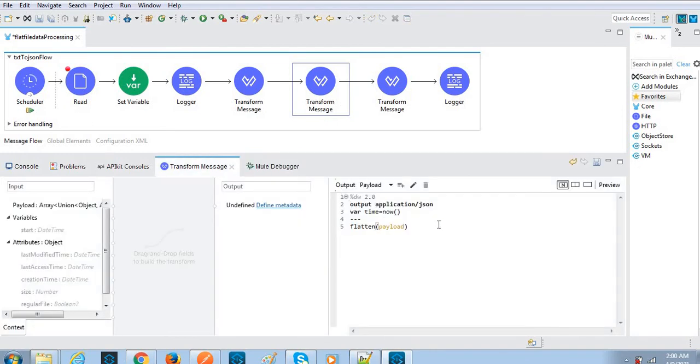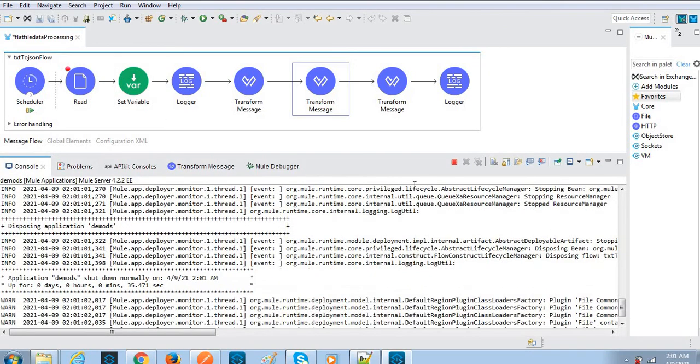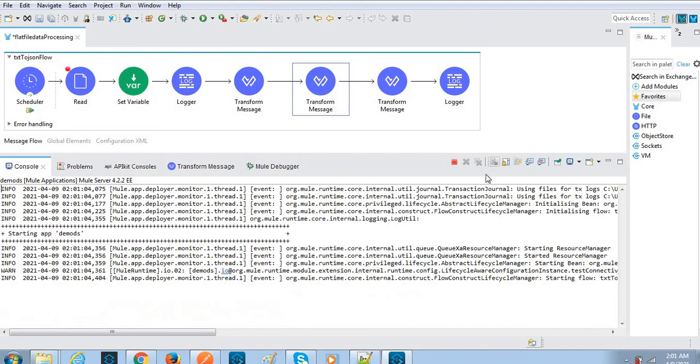In the flatten it failed because we have arrays and objects, so we cannot apply flatten. So we'll remove the empty arrays with some other scripting, some other logic.